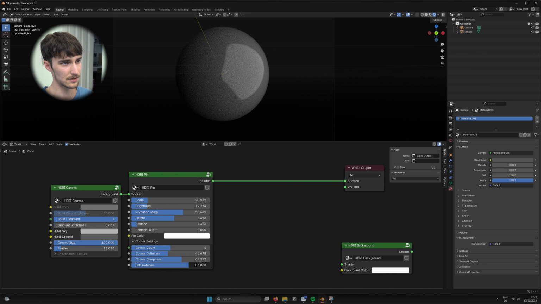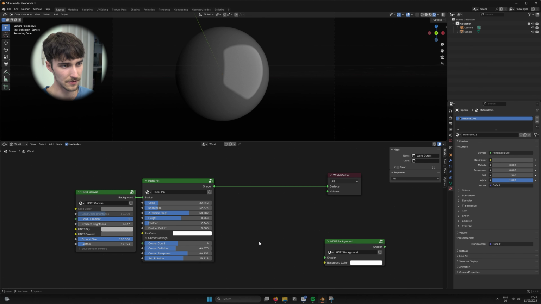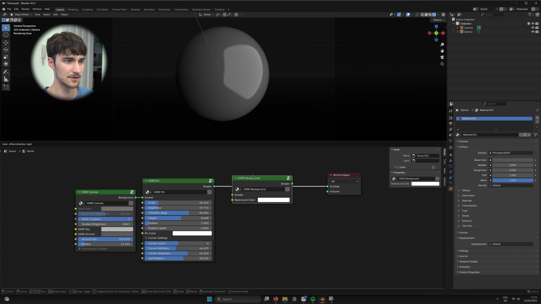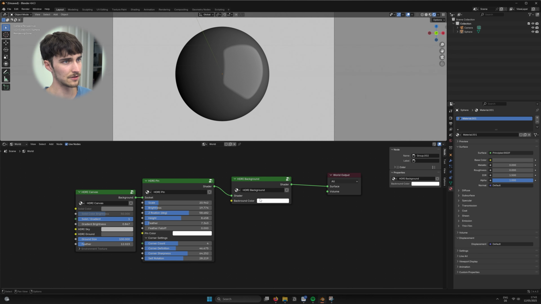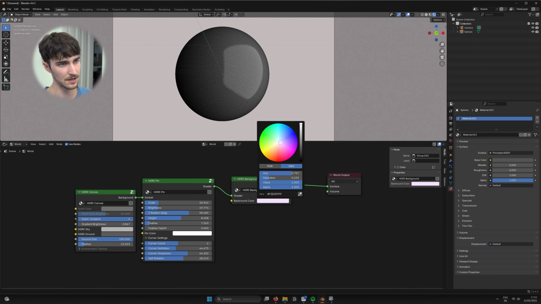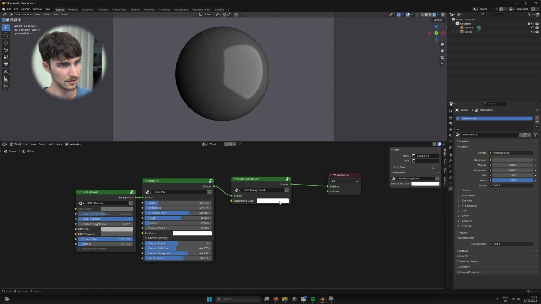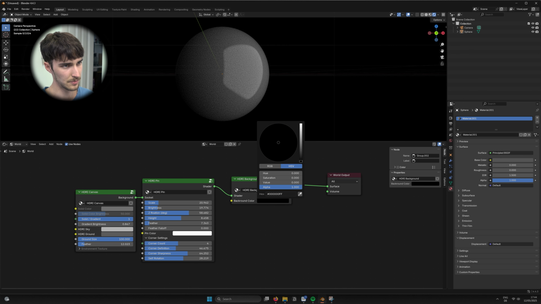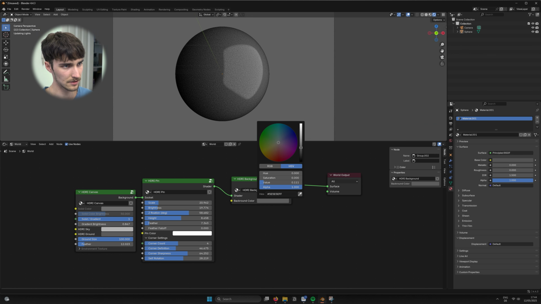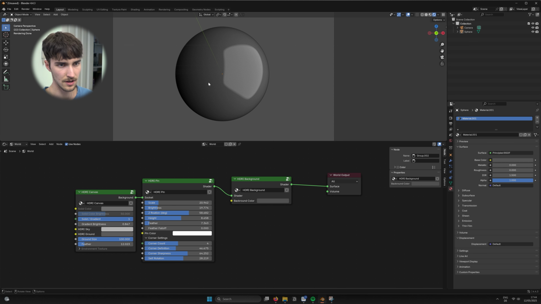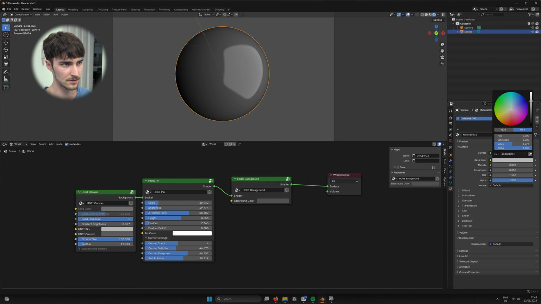Also we have a self-rotation button down here, which lets your rectangle rotate, and you can turn this up to 8 corners. You can also put it in there like 100, it doesn't matter. It's just not realistic, right? So let's stick to 4 for now. And now if we insert the HDRI Backgrounds node here, you can already see it changed the background color to white. You can choose any color here once again, but I will stick to it being basically black. Well, not black, let's make it a little darker gray maybe. And let's change this color of the material also a little bit to lighter gray,